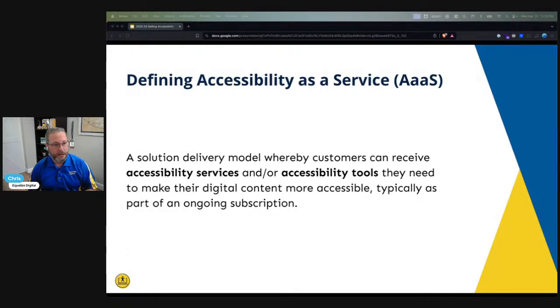Ongoing accessibility monitoring plans. So this is something that we do where essentially after we have delivered a website or made a website accessible through audits and remediation, we will put them on a monitoring plan, which is a permanent ongoing service where we are going back and checking maybe quarterly, maybe annually, depending on the customer's regulatory environment and how often their website changes.